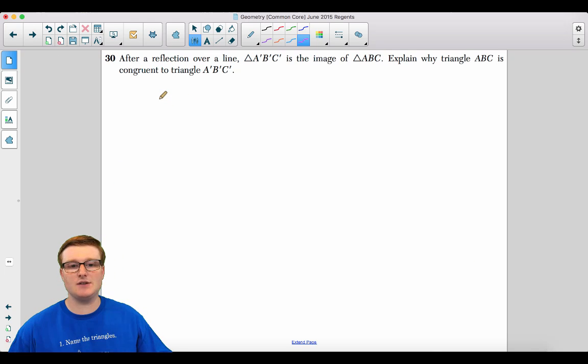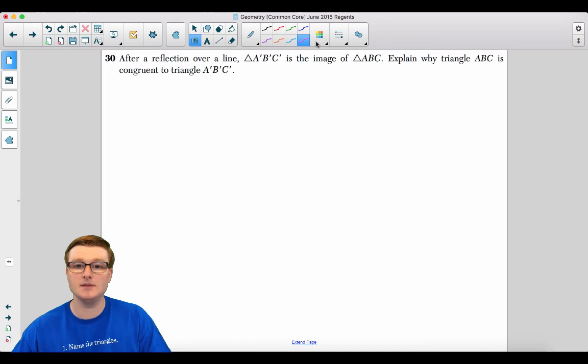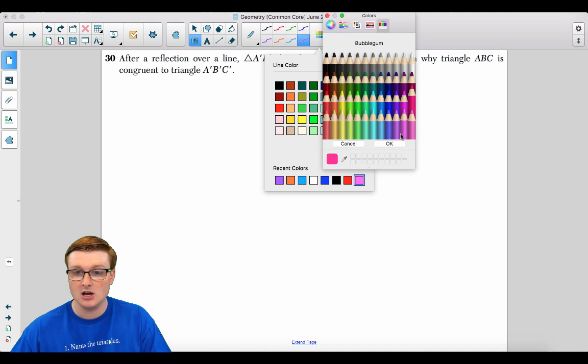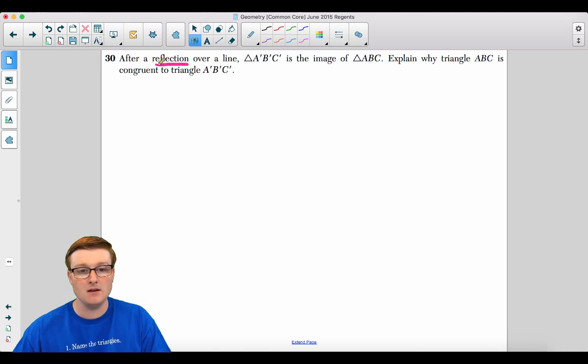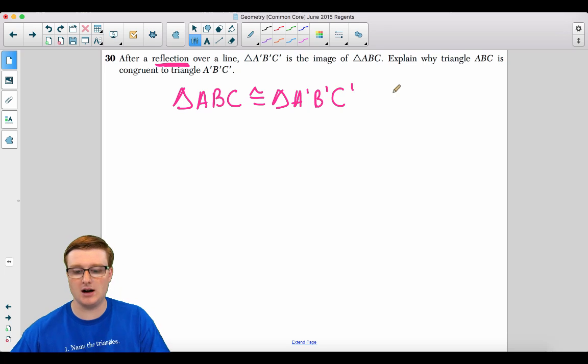Question 30 says, after a reflection over a line, triangle A prime, B prime, C prime is the image of triangle ABC. Explain why triangle ABC is congruent to triangle A prime, B prime, C prime. Well, this is not a bad question at all. You need to know that a reflection is a rigid motion. So you're going to say that triangle ABC is congruent to triangle A prime, B prime, C prime